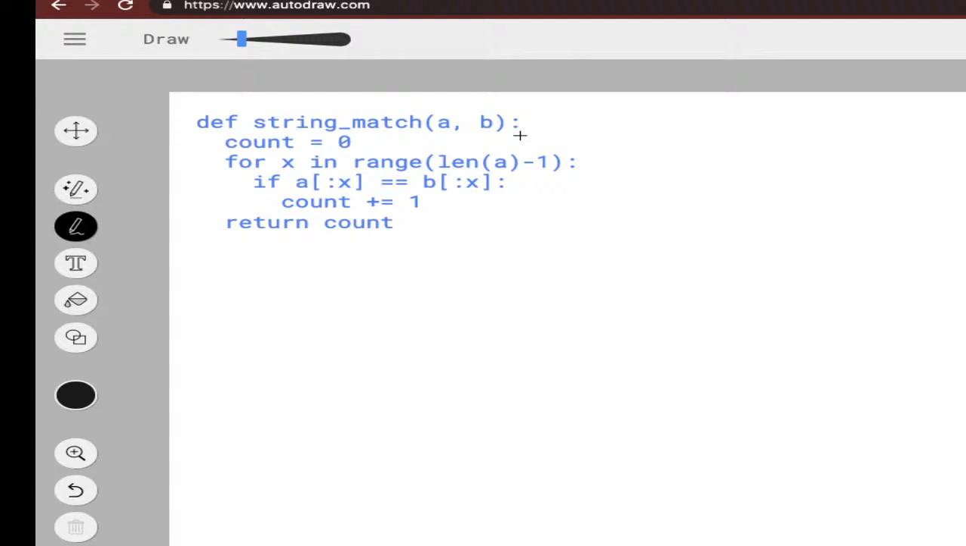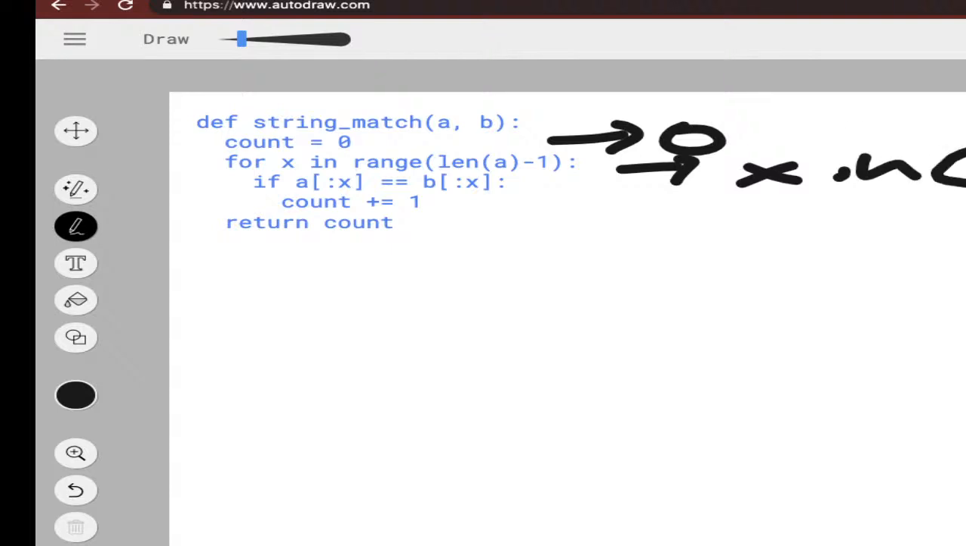Okay, so what is this code doing? First, it is setting this variable to 0. Then it is checking for x in, let's take this ABC example then, 0, 1, 2. Yeah, we need to dial the thickness down, and then checking if from all the way up to x,